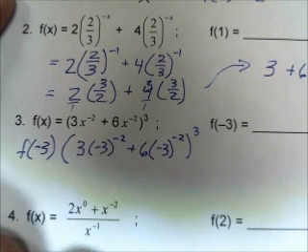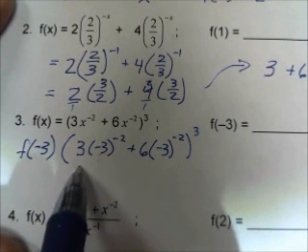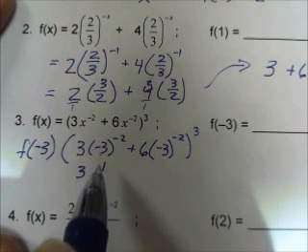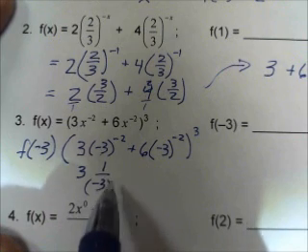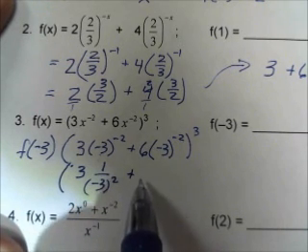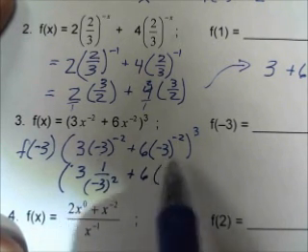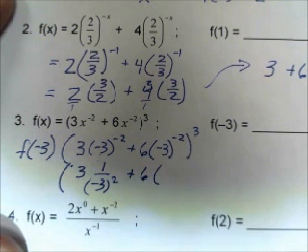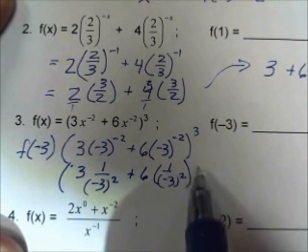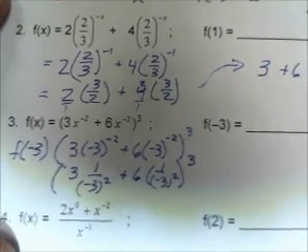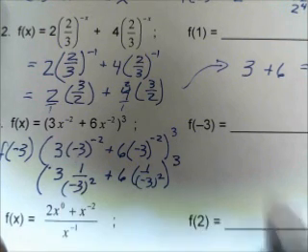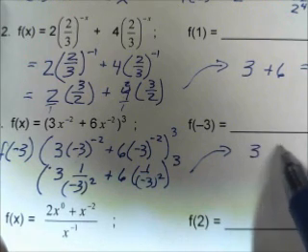Negative 3 raised to the power of negative 2, that's going to be 1 over negative 3 to the positive 2, plus 6 times negative 3 raised to the negative 2, that is 1 over negative 3 to the positive 2. Okay, 1 over negative 3 squared. Negative 3 squared is 9. So this is 3 times 1/9